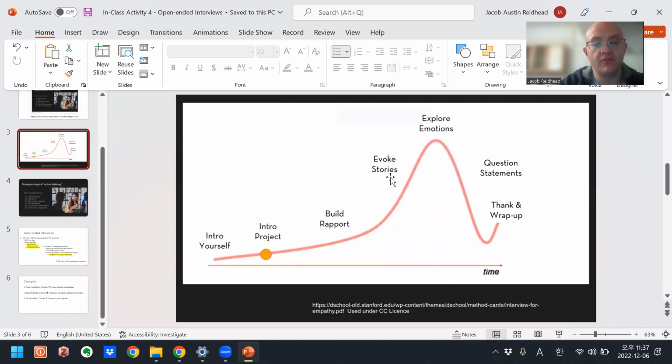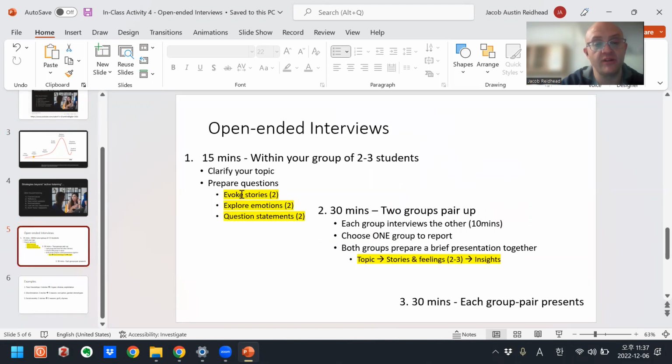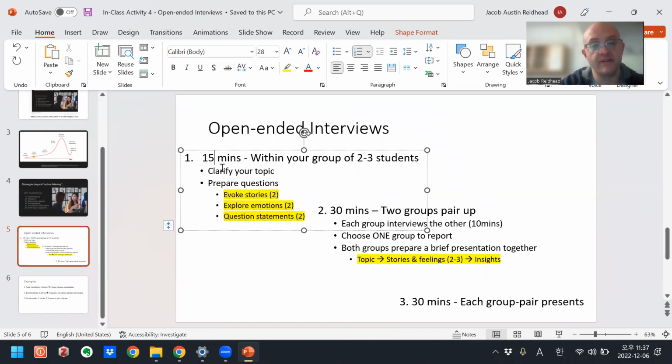So what kind of questions can you ask to evoke stories? What kind of questions can you ask to explore the emotions? And what are some more general or abstract questions that you want to ask at the end? I ask them to prepare these questions in the first 15 minutes about whatever topic they want to interview their peers about.